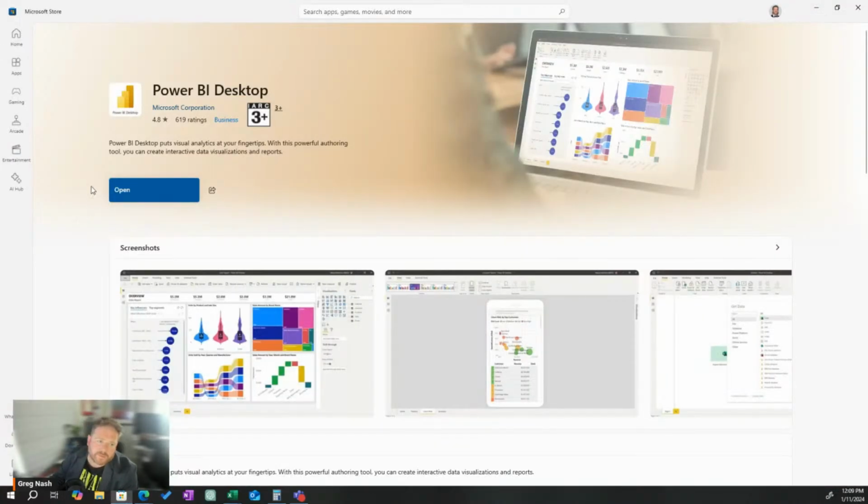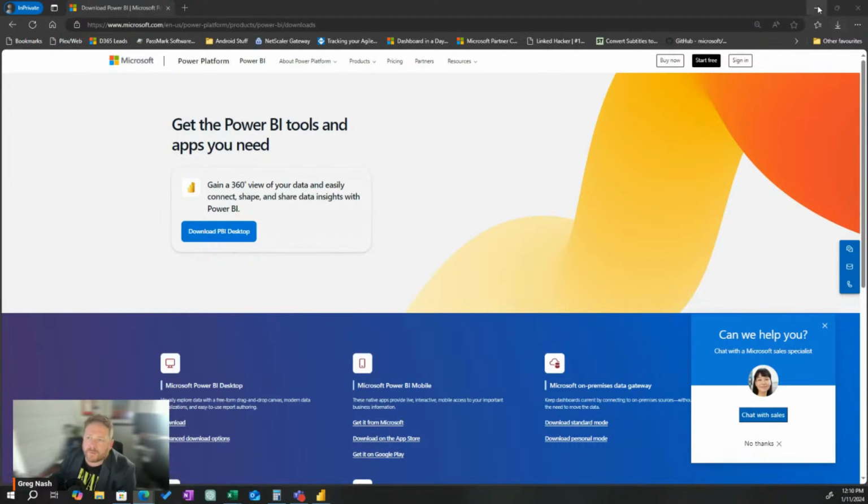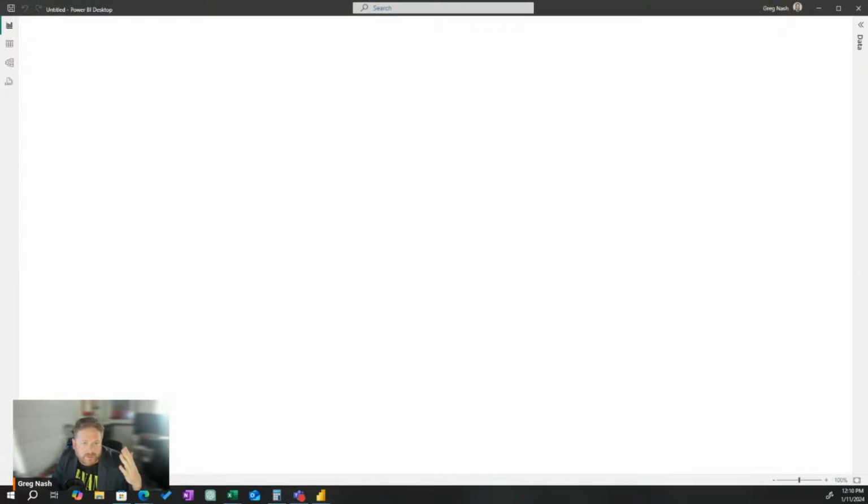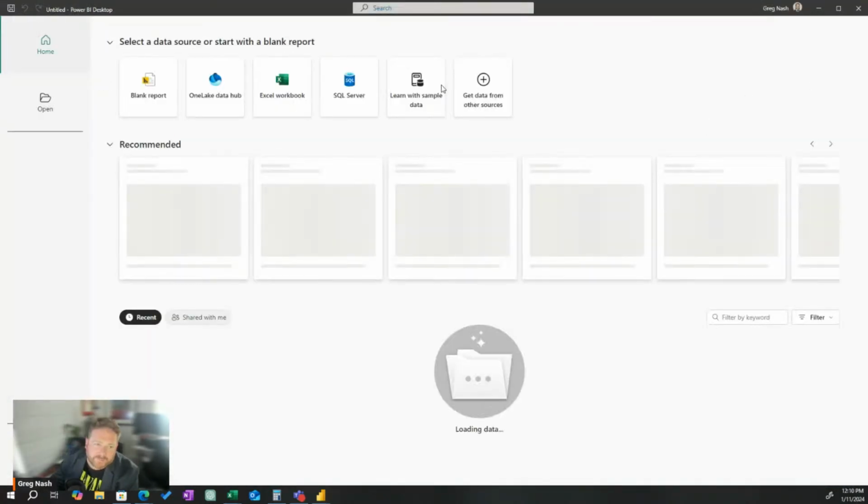All right, we're back at the Microsoft Store. We're learning Power BI. So you download it and then you open it. Simple as that. You don't need anything. You just open Power BI from the Microsoft Store. You don't need to log in to do it, but obviously you can get much better stuff if you log in. We'll log in eventually, and I'll show you what that platform looks like. But right now, all we need is Power BI Desktop because we're just going to start building stuff. That's the whole point. The only way to learn Power BI is to build stuff. You can try to do a DAX course or whatever, but it's so hard. Just build stuff is the way to go.